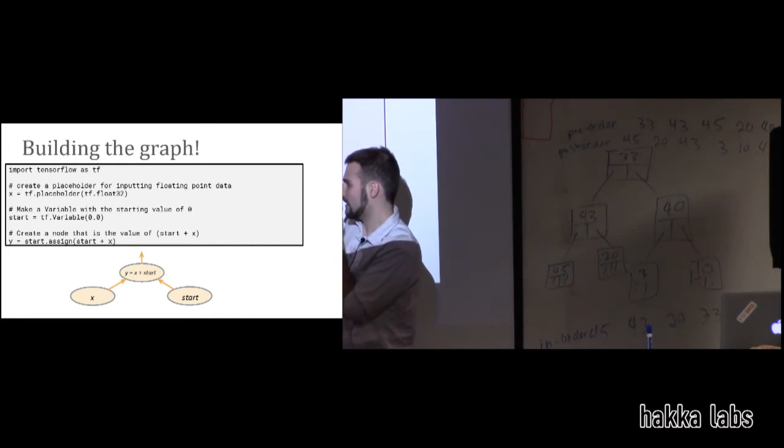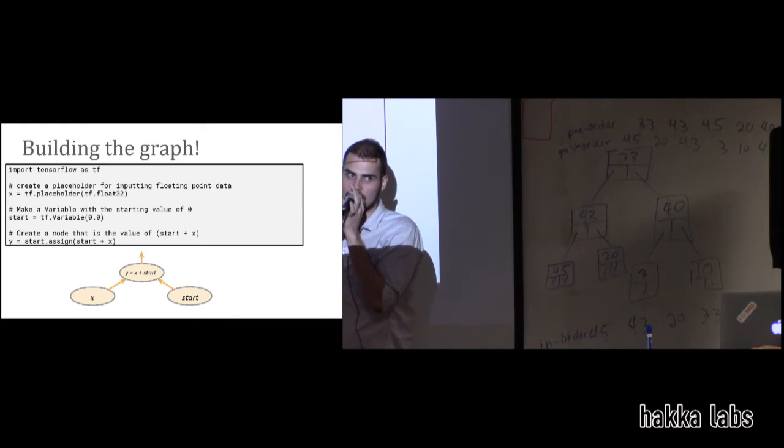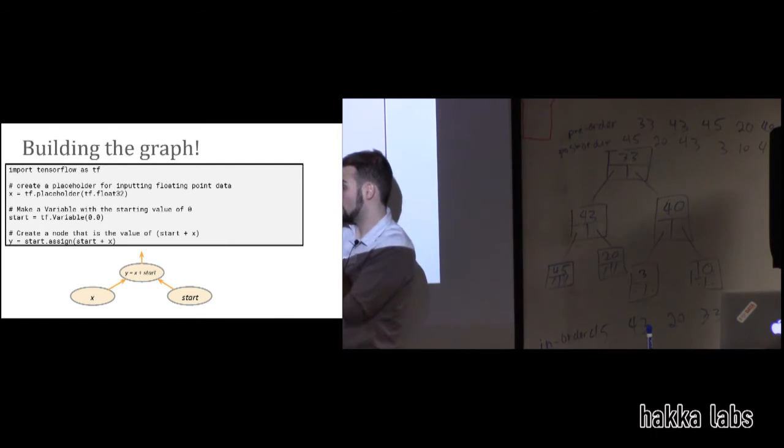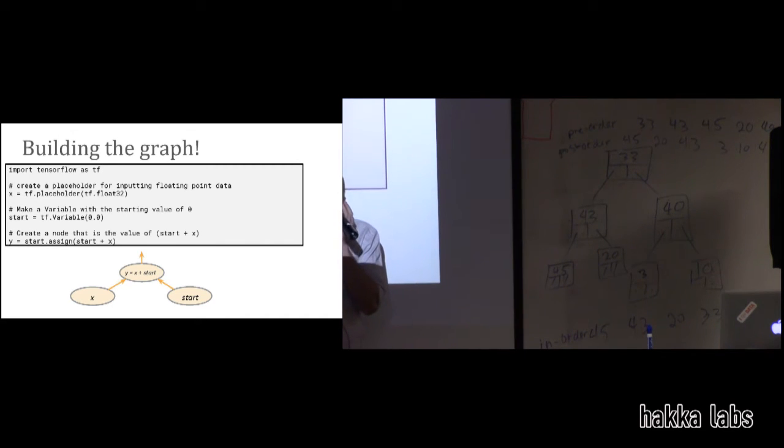So just because it has the same variable name doesn't mean that it's going to bump the old start off the graph. What we will lose is the handle, because we're changing this Python variable, right? We're changing what that's pointing to. And instead of the word start pointing to this, it's going to point to the new operation in the graph. Does that answer your question? Do you feel good, or do you want?